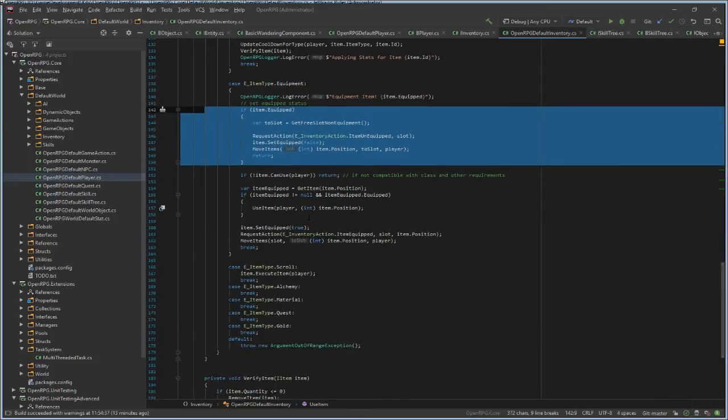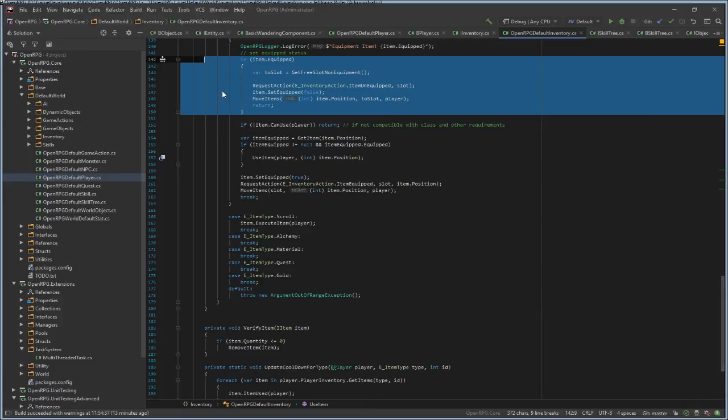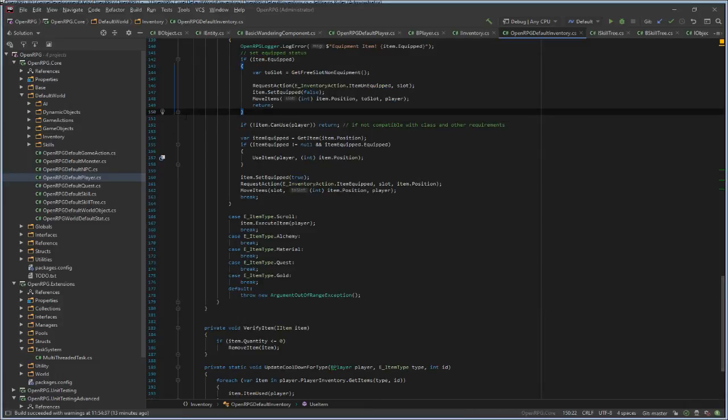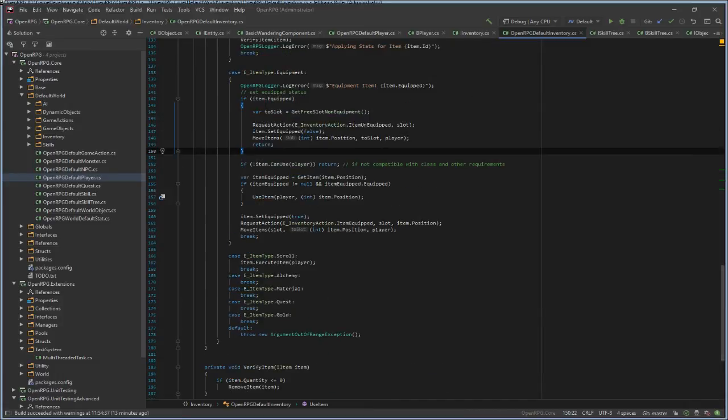So I can just right click an equipment item, and it will get removed from the equipment slot. And the same goes for scrolls.